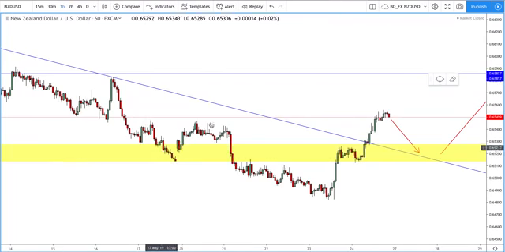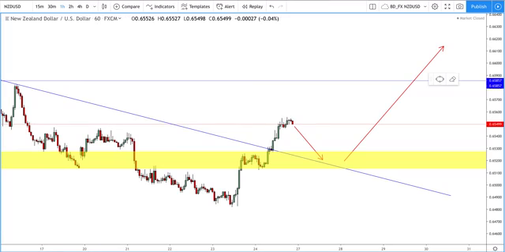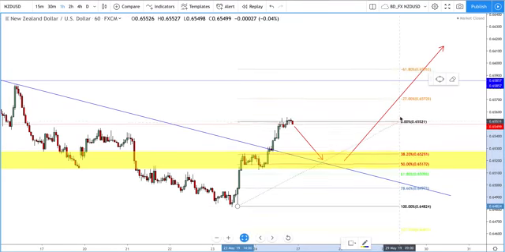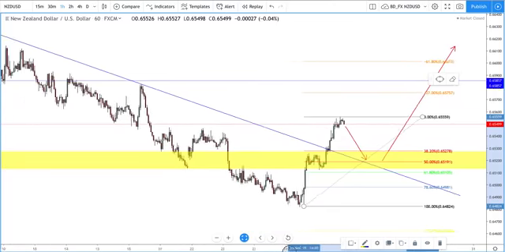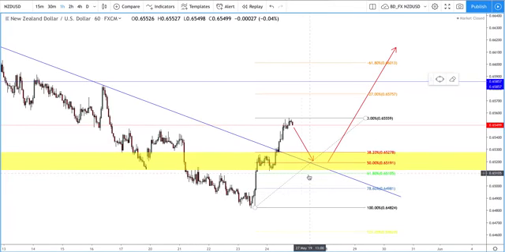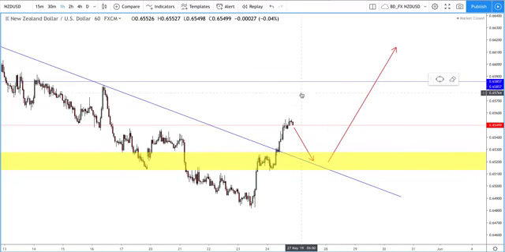So we'll just go back to New Zealand dollar. If I get the Fibonacci, you can see that we might have made a high here. We might come down, sort of test this level, the 50 or the 61% retracement levels, and from there, once we start to see weakness and possible bullish reversal signs, then we can jump into the market and get a nice entry. So I'll be looking out for that.